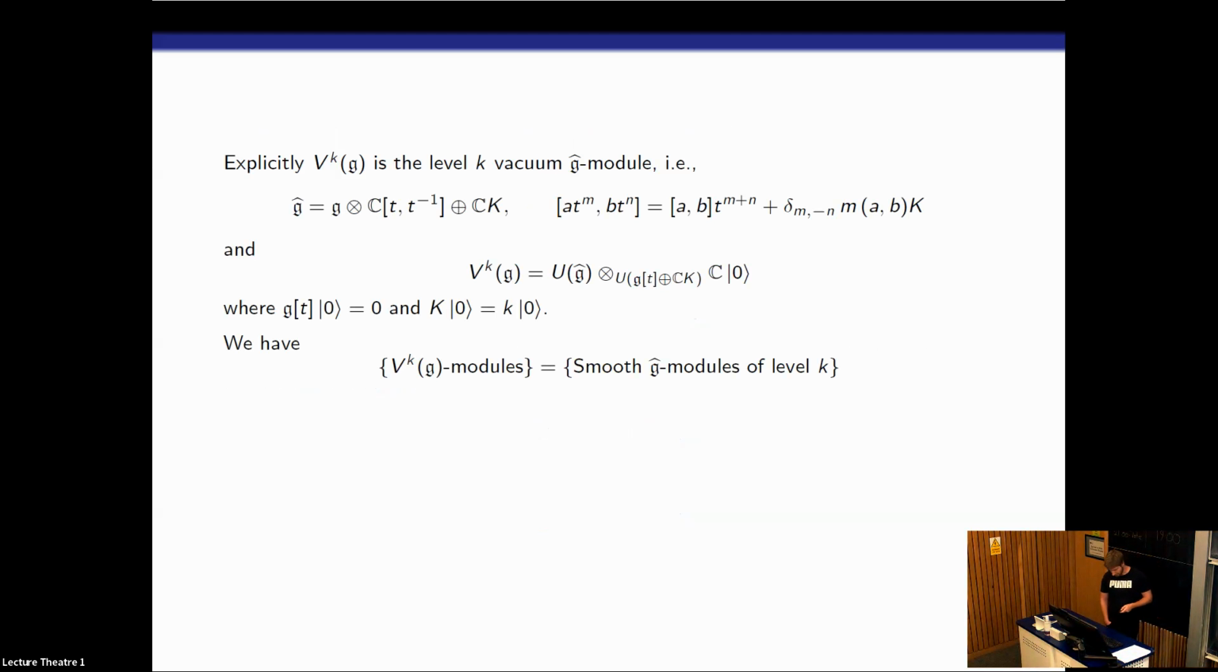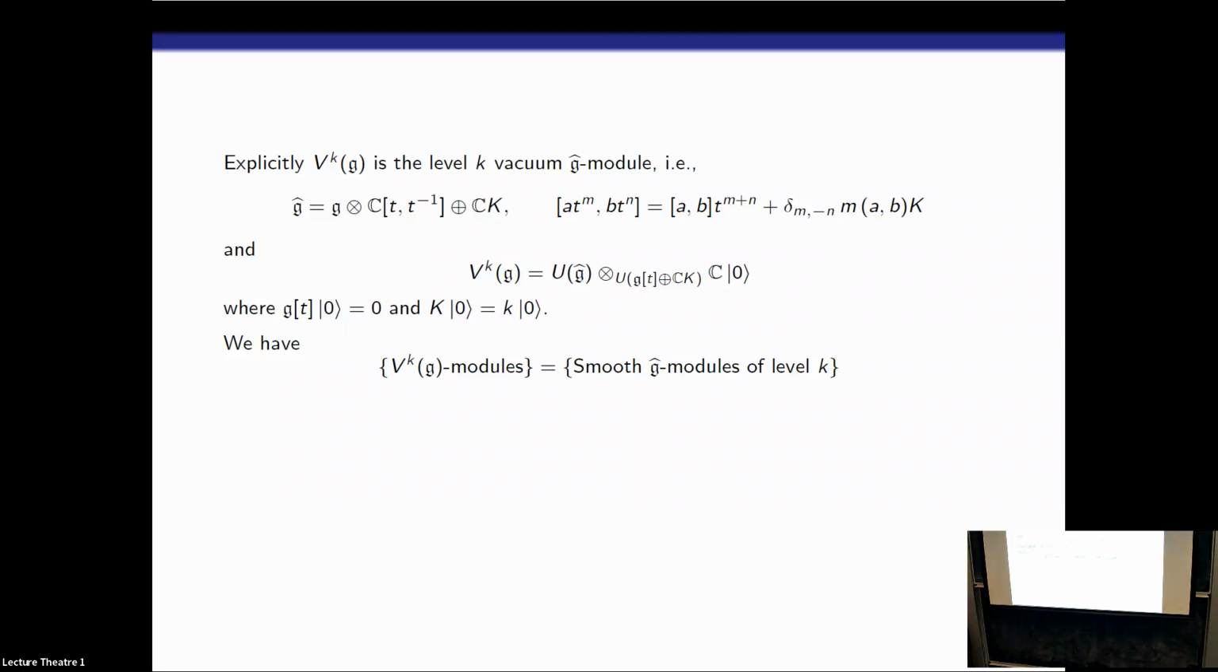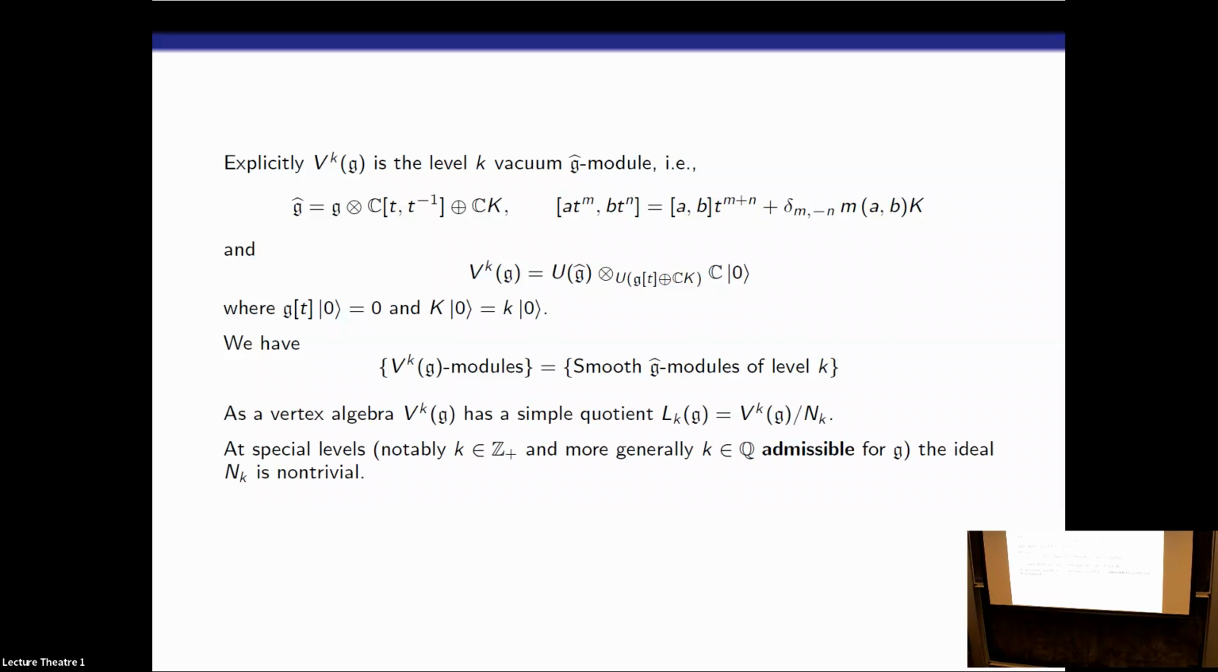Since I said we're focused on representation theory, the representation theory of V_k of G, the universal one, is quite easy to describe. Modules are the same thing as smooth G hat modules of level k. Things get more interesting: for a generic level, this is all you can say, since the universal algebra is already simple. But at particular levels, something interesting happens. You can get some non-trivial